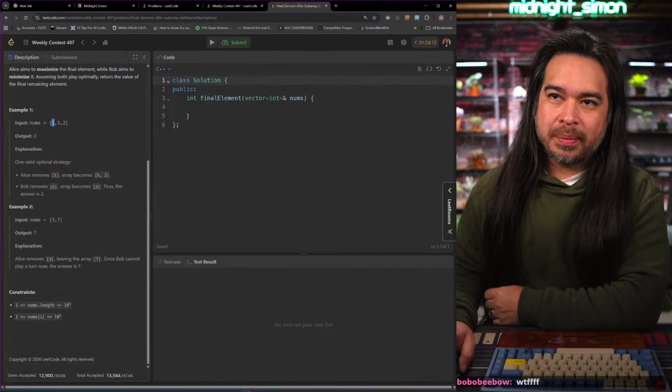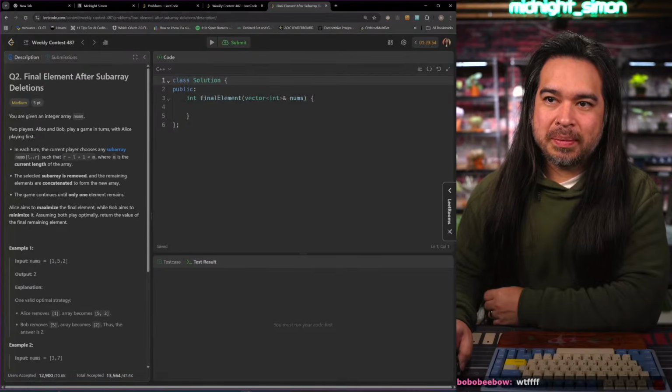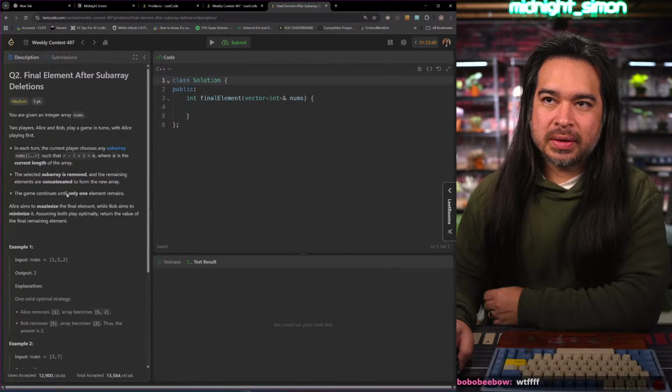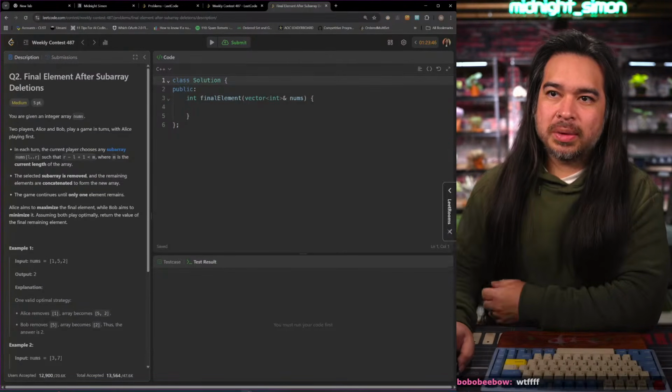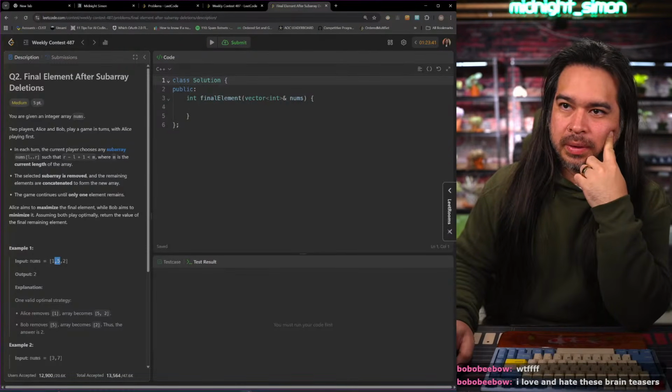Okay, so here's the example. 1 5 2. Alice would remove this. It becomes 5 2, and then Bob would remove the 5. Alice is trying to maximize. Bob is trying to minimize. You can choose any subarray. So